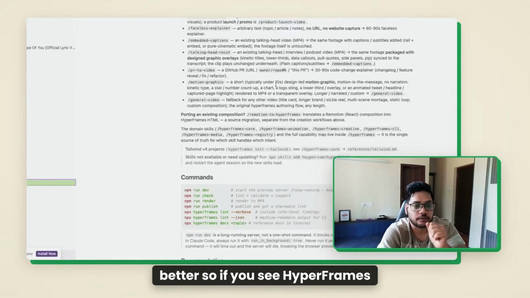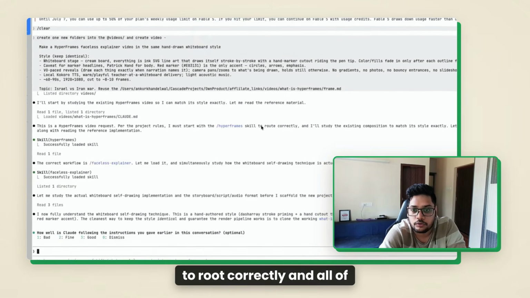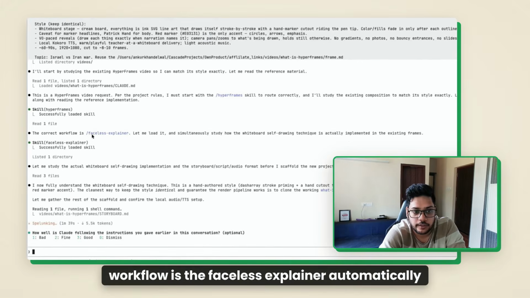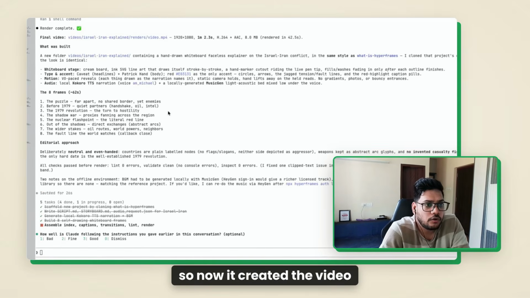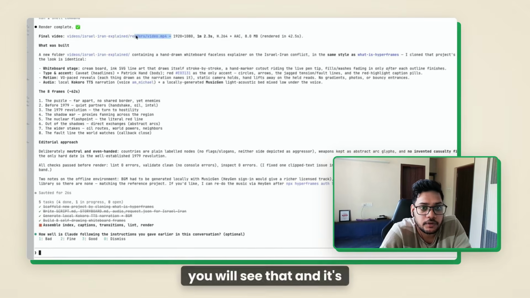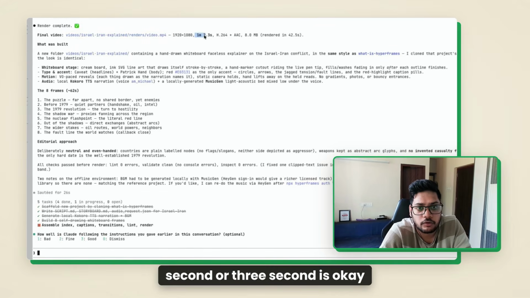So it's better. So if you see HyperFrames, it's using the HyperFrames skill to route correctly and all of that. Then it uses the correct workflow, the faceless explainer. It automatically picks that. Okay, so now it created the video, and the video is here in the rendered one, we will see that, and it's 1 minute 2 or 3 seconds, which is okay, because